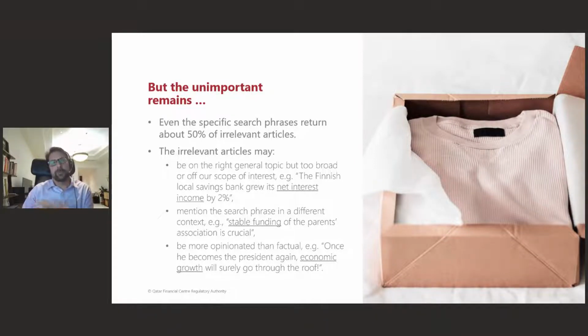Either the scope is not right. Maybe the search term captures exactly the right type of articles, but if this is a small village savings bank in my native Finland, we don't really probably care about that too much in here. Maybe it is still possible that this phrase is simply used in a completely other context. Or sometimes these articles or blog posts that are covered are just too opinionated for us to really consider. And I should actually add another one in here, which is that